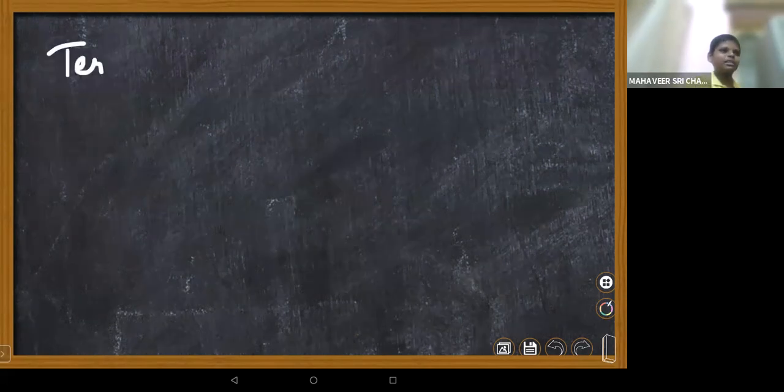Anyway, we will just recollect, children, because online classes means you need to go with the basic part. How much you are going to learn, I'm not sure. Okay, terms of an expression. You have to write down the different terms. I actually know what terms are, but I can't express it in a definition. Then nothing to worry, children. You need to identify the terms in your expression. That's enough for us. Terms of an expression.